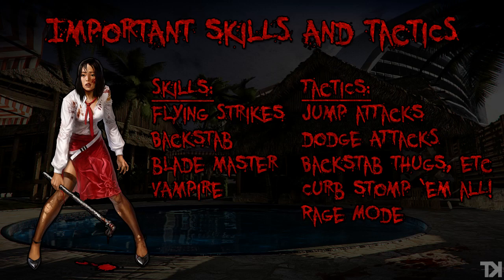So you're going to be using jump attacks, curb stomps, and your rage. That's really the only way you're going to be killing stuff. But because all that's involved, it actually makes her really fun to play. So we're going to jump in here, and first I'm going to do a damage analysis so you can see